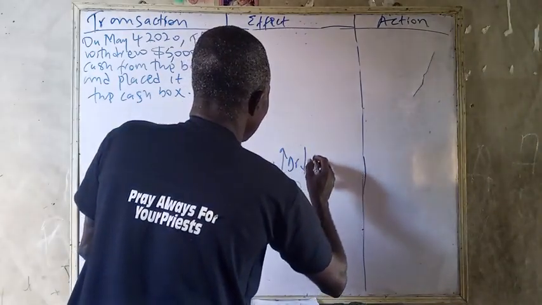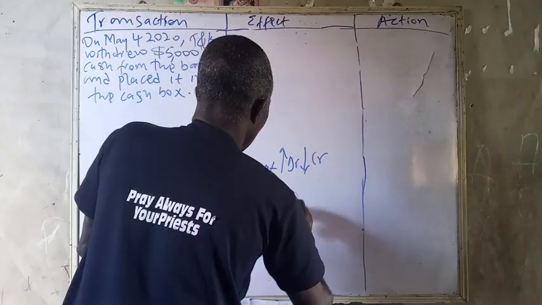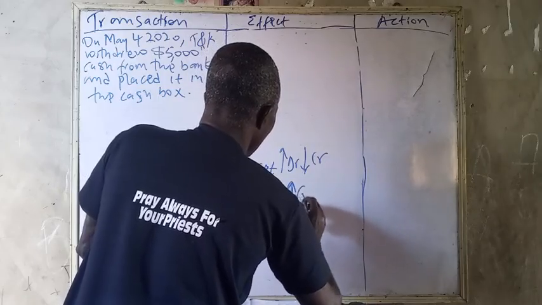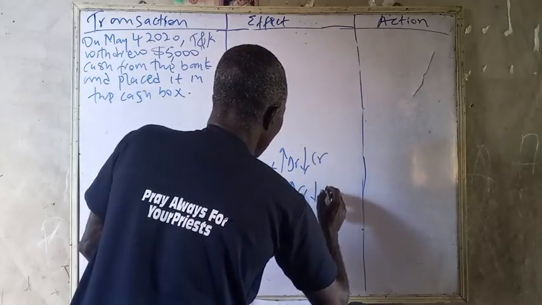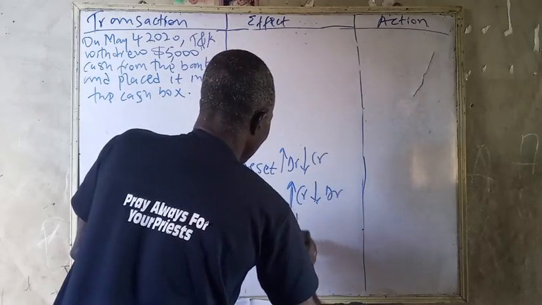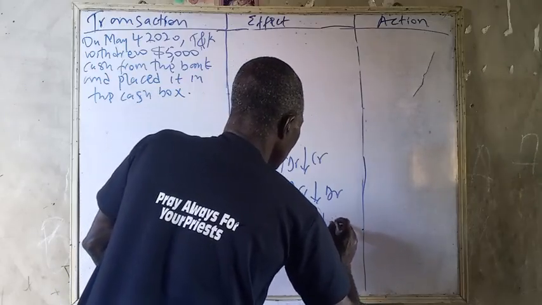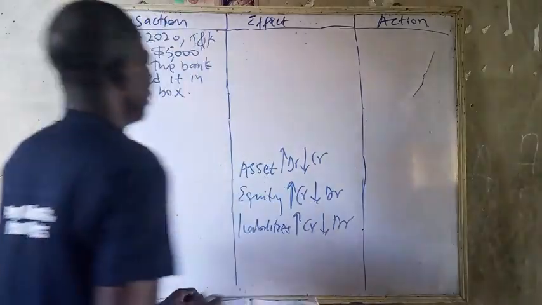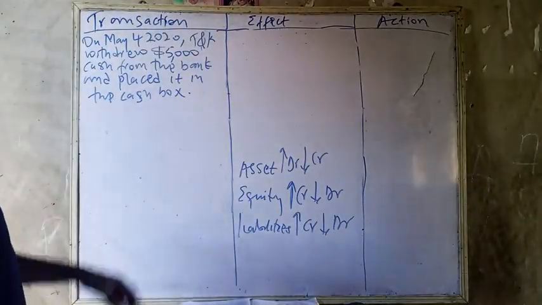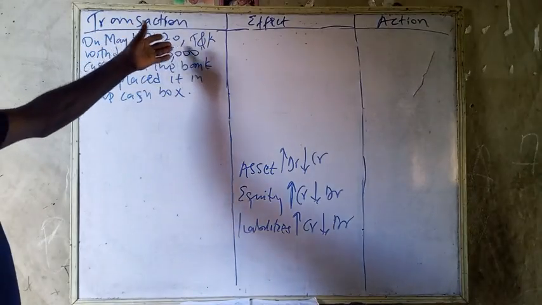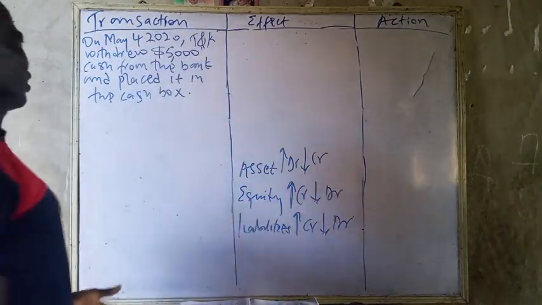Asset decrease, you credit. Equity increase, you credit. Equity decrease, you debit. Liability increase, you credit. Liability decrease, you debit. So the question to ask now is this: